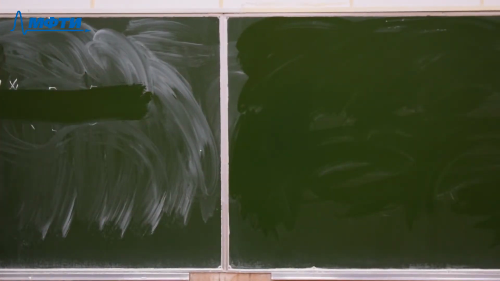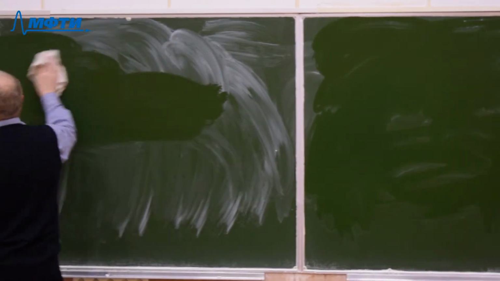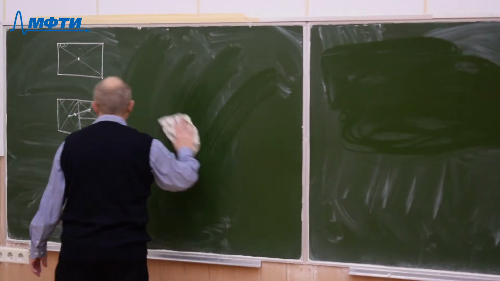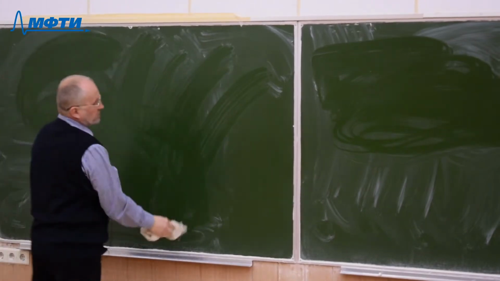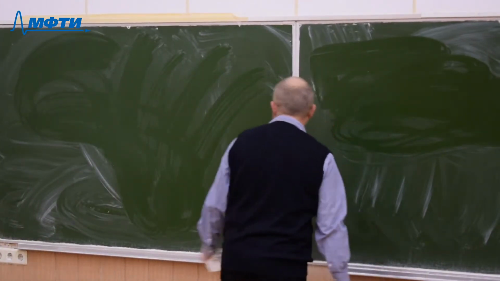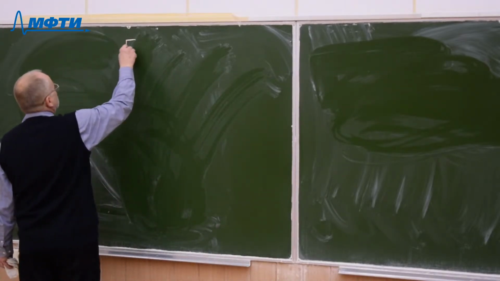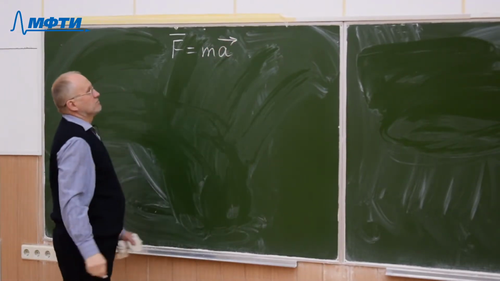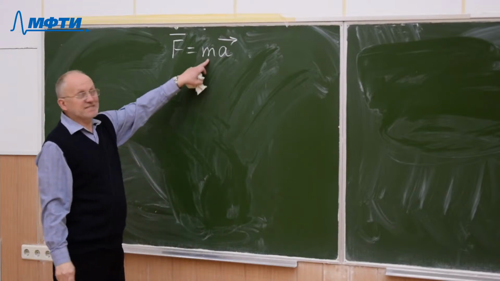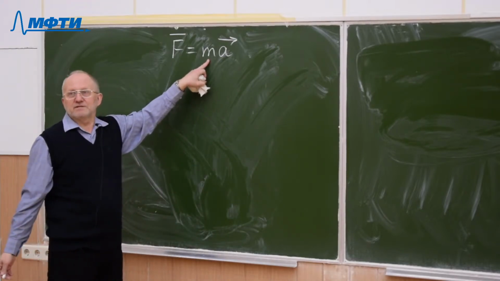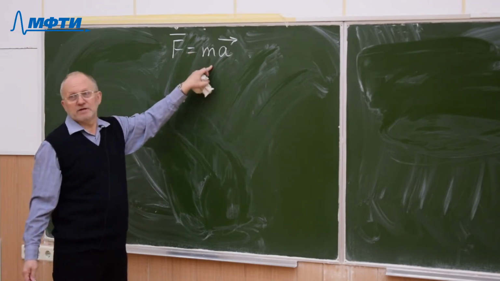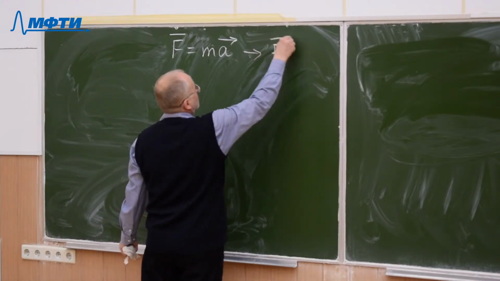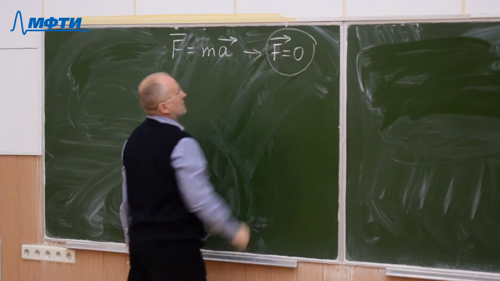Another important thing which we have to discuss is the static condition of a rigid body. This is very simple because it's a consequence of the second Newton's law. If the net force acting on a body is known, then the body has an acceleration. And if the body is in static condition, what does static mean? It doesn't move. It's at rest. Then acceleration is zero. Then the net force is zero. The net force acting on the body is zero. That is the condition for static